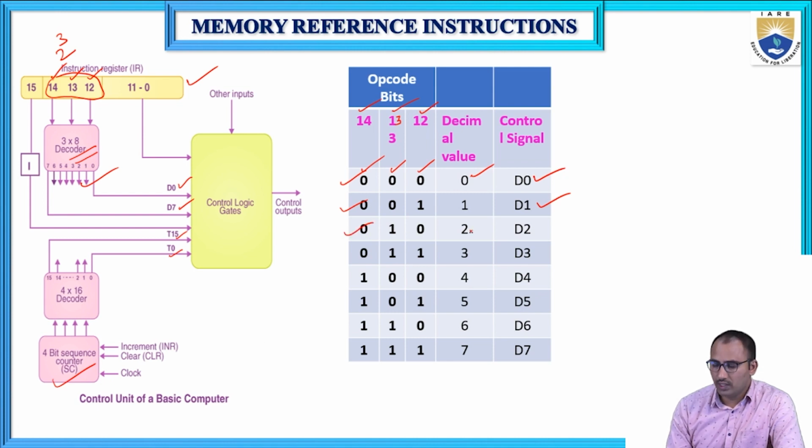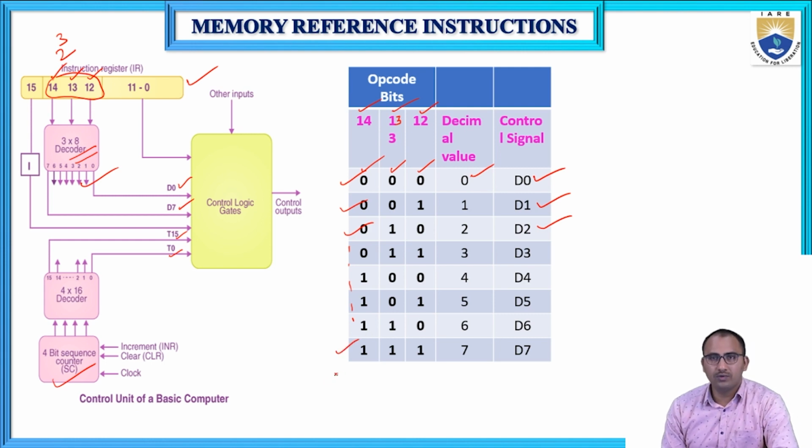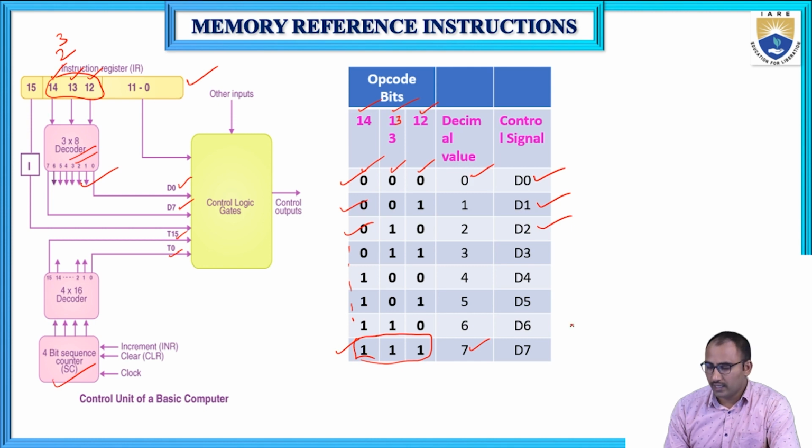So 010 will generate a D2 control signal. Similarly, it will perform all the operations. The last case is when all inputs are logic 1, which corresponds to the decimal value 7. During that input case, it will generate a control signal D7. So see here, D0 to D6 correspond to memory